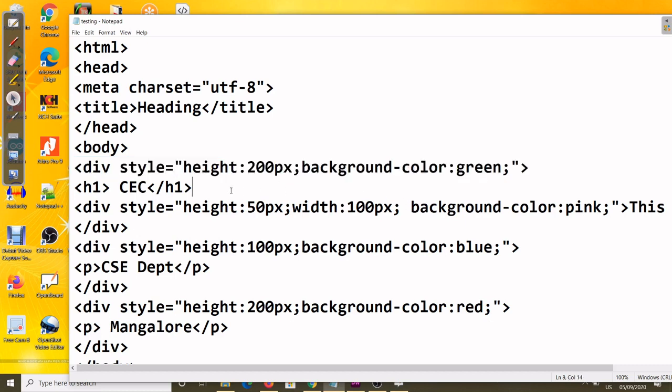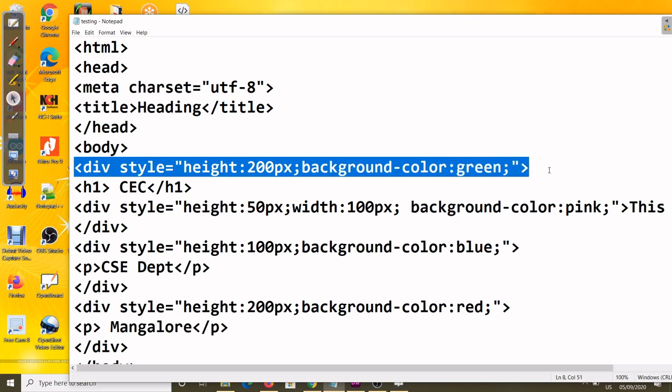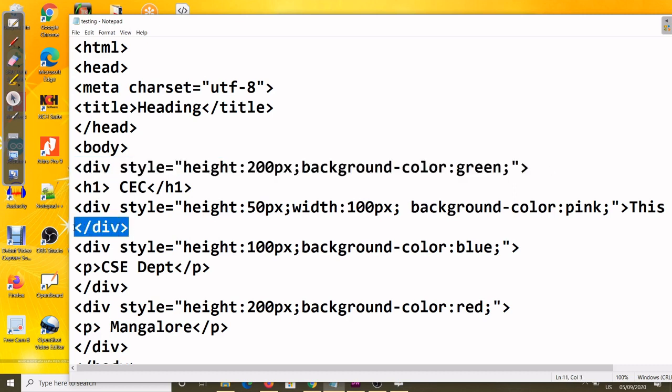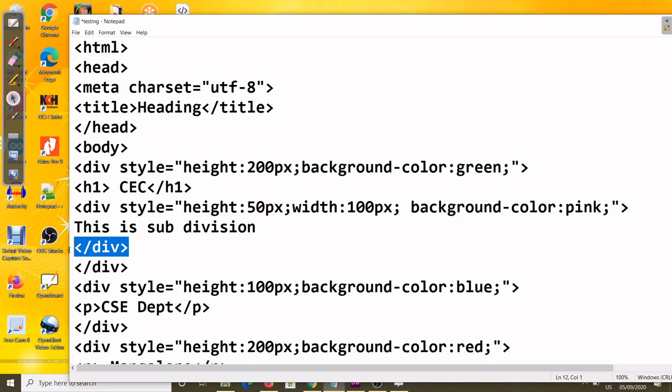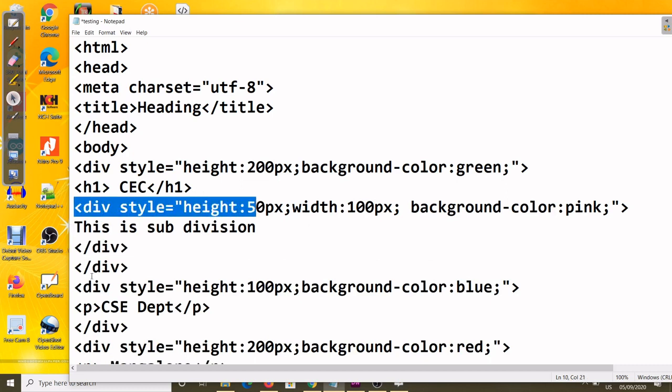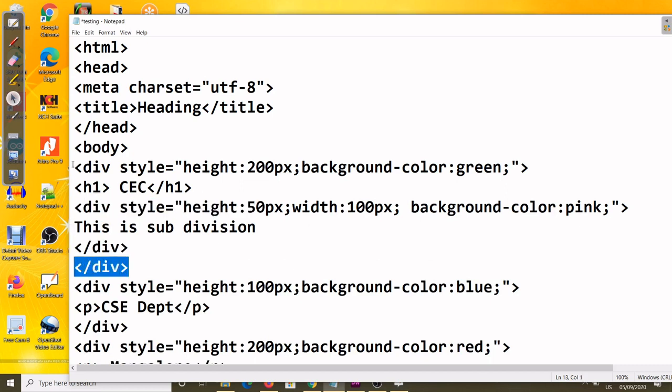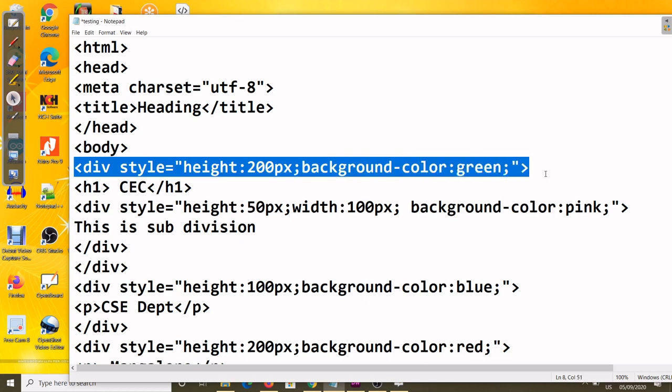So the opening and closing of a division is very important. So here you see, in the first part I want to put one more division, so I started this division here with opening, but the closing comes only after creating the one more division. You see in the code, this closing is for this division, and this closing of the division is for the first one, the main one. Okay, so opening and closing is one of the important parts of making divisions for your web page.